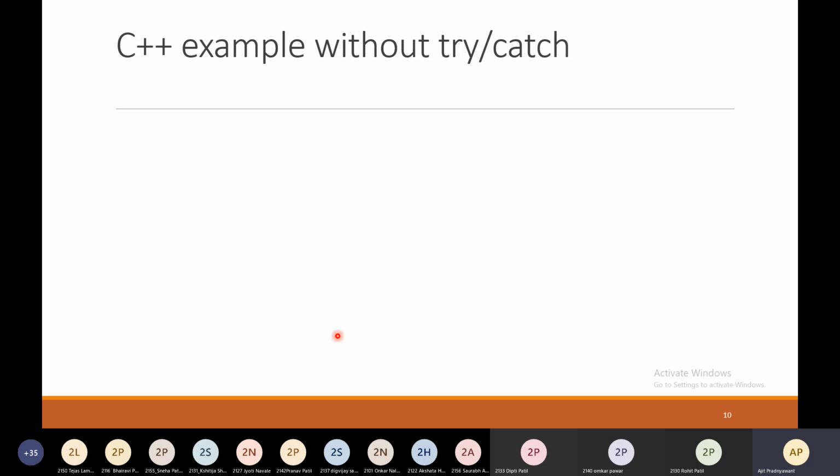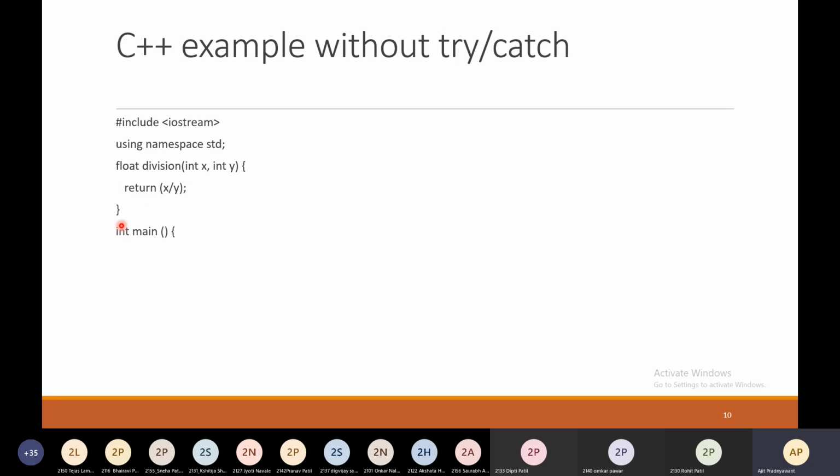So let's understand this first: the problem without try and catch blocks. Suppose this is the code. #include iostream, using namespace std, and this is the method division, which will receive two parameters and do the division.